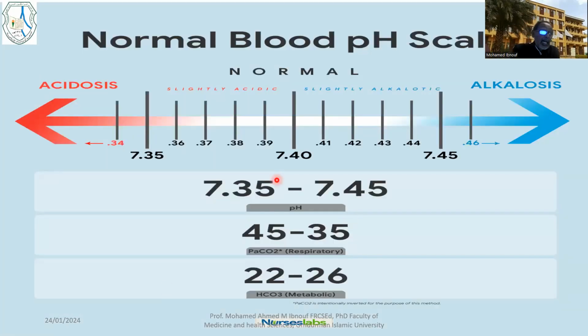This is an important diagram, and it shows that the normal pH is between 7.35 to 7.45. More than 7.45, it is alkalosis, and less than 7.35 is acidosis. We have to check the arterial blood gases to see if there is acidosis or not. Then to diagnose whether it is alkalosis or acidosis, whether it is respiratory or metabolic, we have to look at the carbon dioxide tension and the bicarbonate level. If the pH is high, that is alkaline, more than 7.45, and the